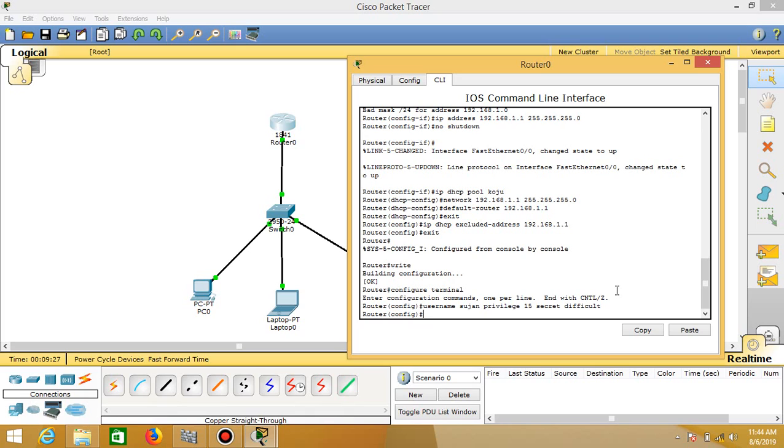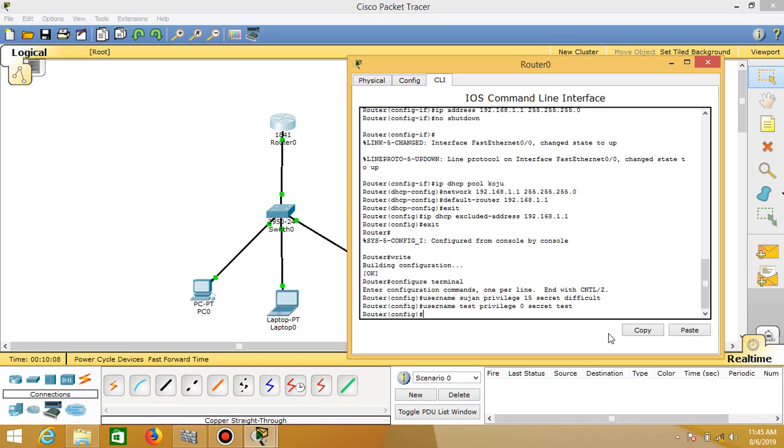Let's also make another username with the privilege 0. Let's set test and privilege 0 secret. Let's set test. And what this line means is setting up a username called test with privilege 0. With the privilege 0, the user test cannot directly access the configuration terminal of a router, but here the user Susan has privilege 15, so this user can access the router directly and its configuration. So let's hit enter,